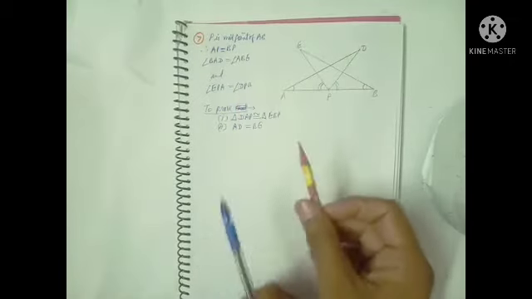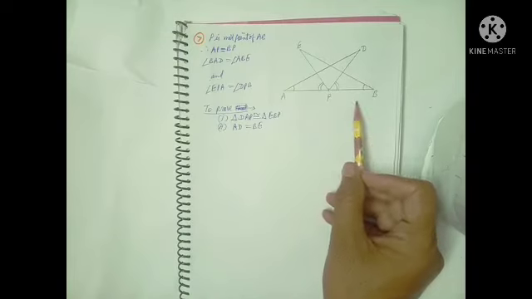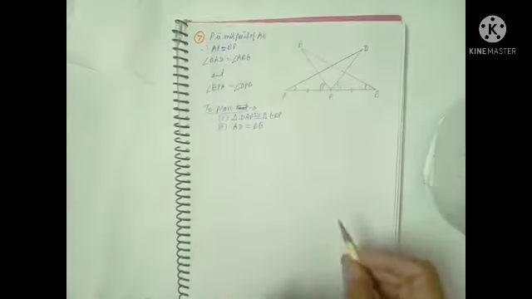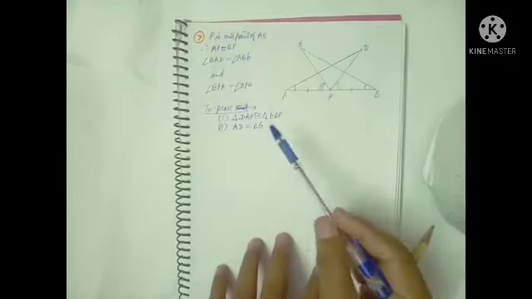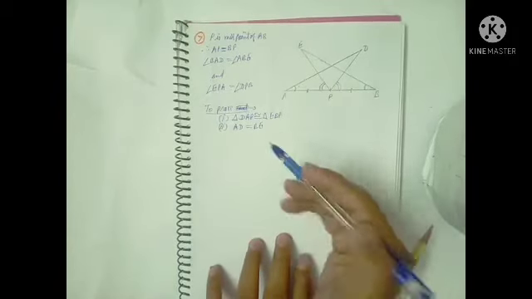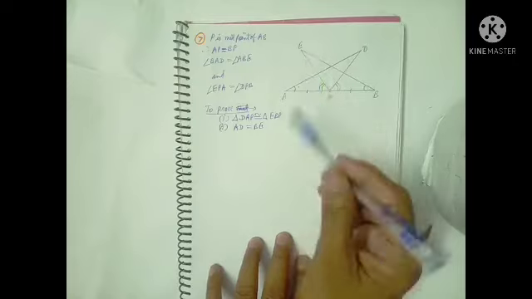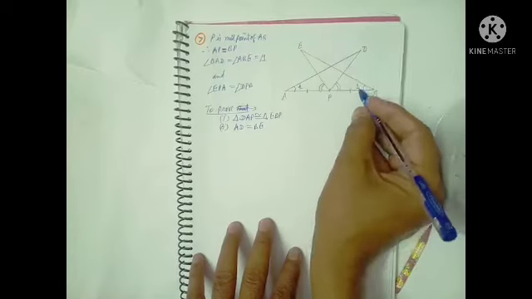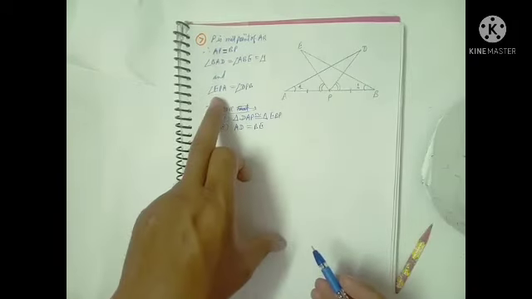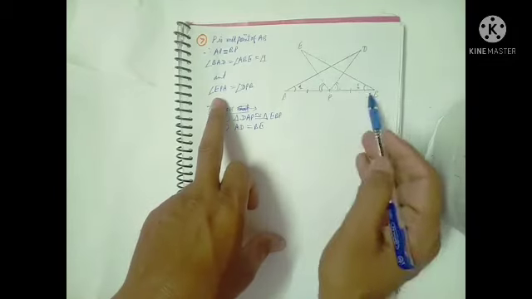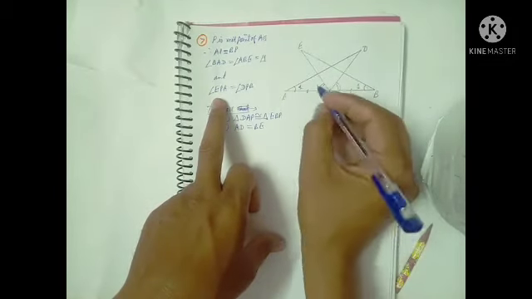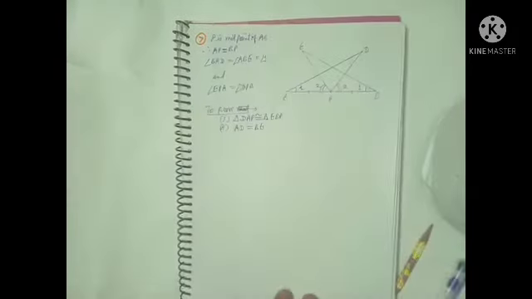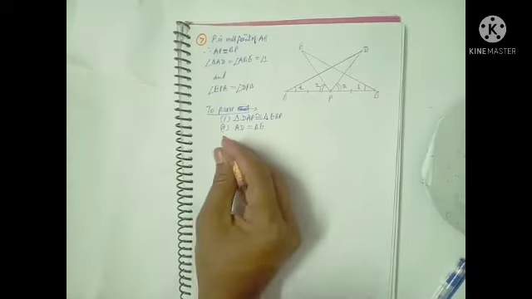In this question, what is given? P is the midpoint of AB. If P is the midpoint of AB, it means AP is equal to BP. Here we have written. And angle BAD, this angle, is equal to angle ABE. It means let this be constructed angle 1. If you construct angle 1, then this is also angle 1 and this will also be angle 1. And angle EPA means this is angle 2. Then this is also angle 2 because of DPB. So construction, exactly we will do a construction.